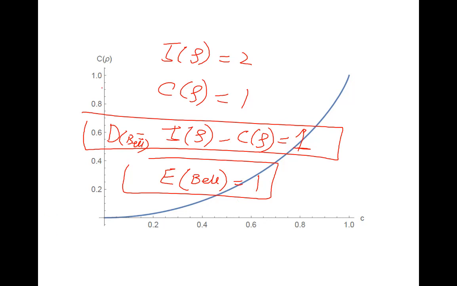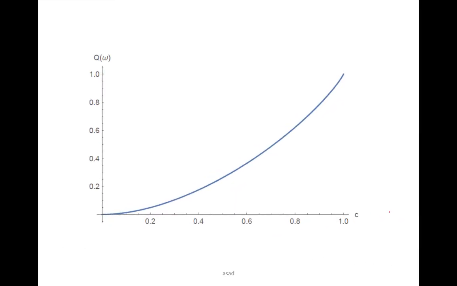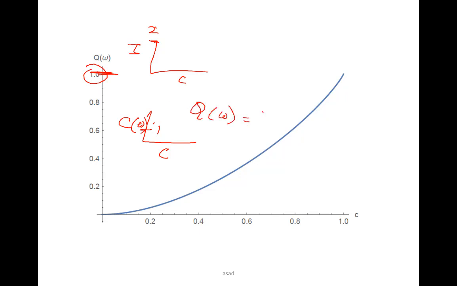And see, this quantum correlation is increasing with the value of C. So if the states are maximally pure, quantum correlation is 1. So quantum discord has a graph like this. This graph is the subtraction of I versus C and classical correlation versus C. This has maximum value 2 and this has maximum value 1. So if you subtract 1 from 2, then you will get maximum value 1. That is why quantum discord for the Werner state is 1.